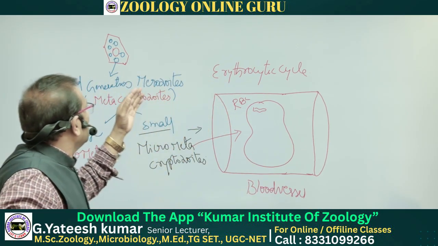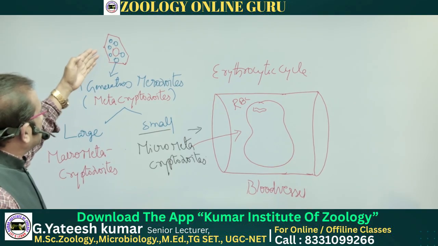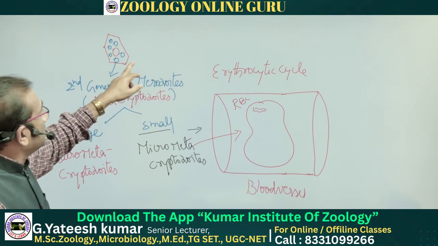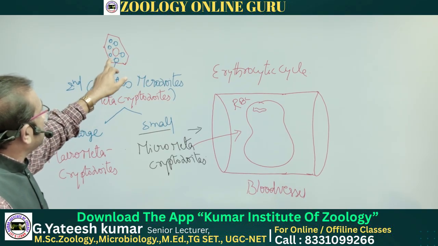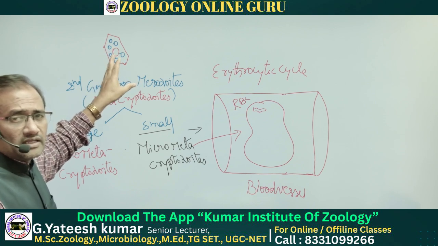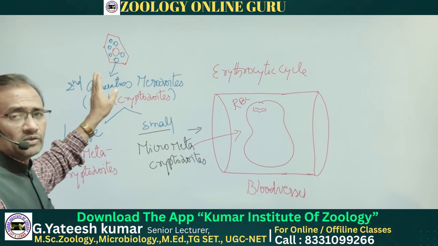Up to here, the cryptozoites, also known as first generation merozoites, attack the fresh liver cell. Within the liver cell also, they convert into trophozoite and schizont, and the schizont undergoes schizogony and produces second generation merozoites,